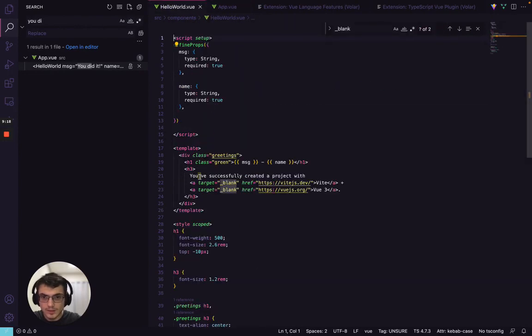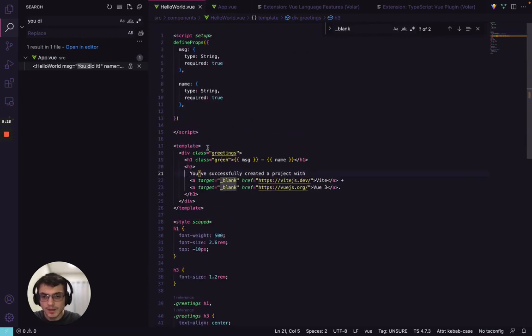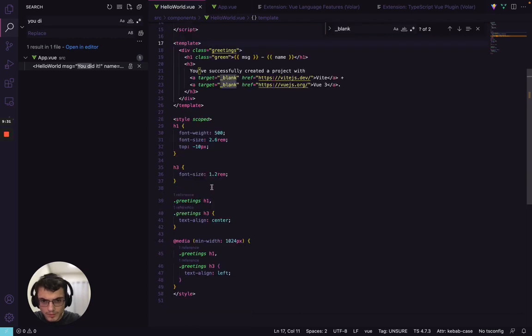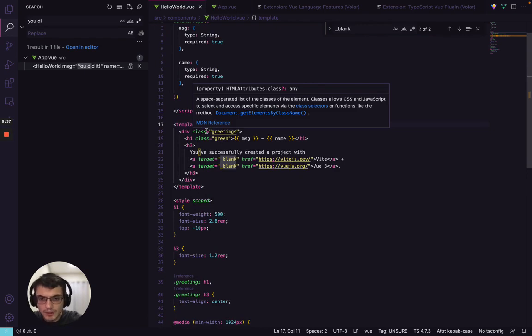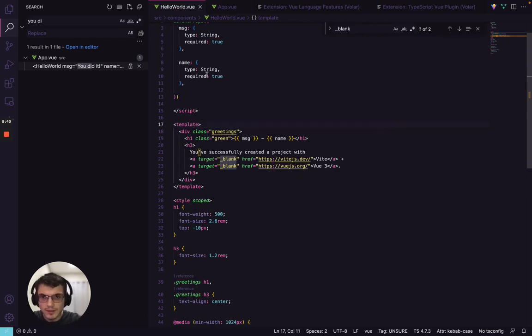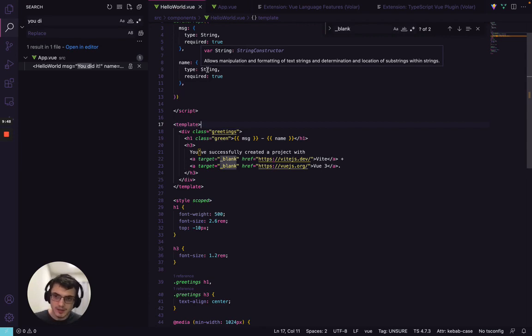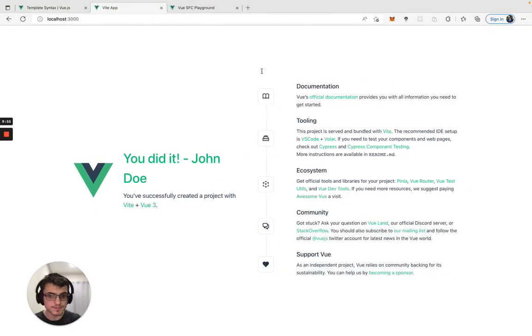And here you can go to HelloWorld and you create another component. So this is HelloWorld.vue. I will create another. Let's say I want to create a simple one. Let's see if I can do loops. Let's see if we can pass in a dict and loop through it. So pass an array of names, and loop through it. And let's see if it works. But first of all, I'll